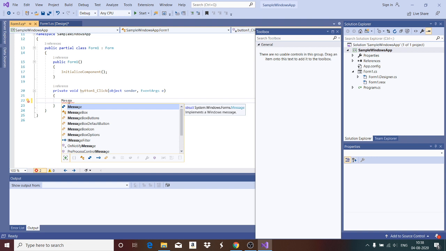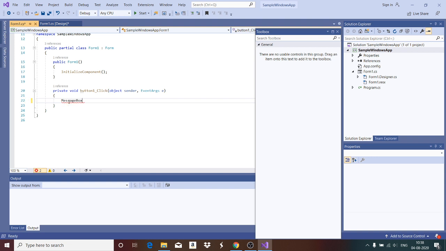Automatically the message box comes there. Press the enter key, then dot. All the methods and properties of message box appear. You can select show. You can say hello girls, and then semicolon. So when I click the hello button, I need this particular message to greet all the girls.